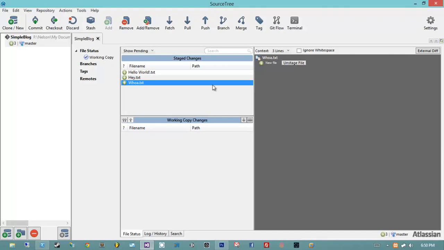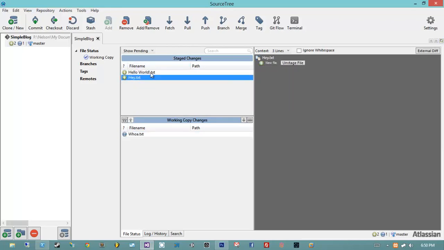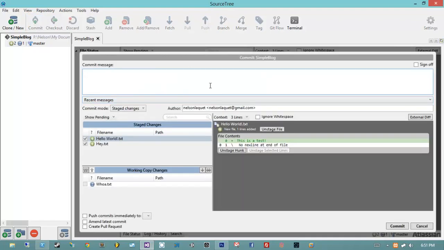Let's actually show an example of that. I'm going to unstage my woe.txt. So now my woe.txt isn't going to be included in this commit. However, the hello world and hey are. So now what I want to do is I want to commit. How do I commit? Well, there's a nice little button up here. Oh, I like buttons. Yes. Well, it's a GUI, so it's a button. I could show you how to do it in the command line, but it might freak someone out. Yeah, it would me. Okay, so I'm just going to hit this button, commit, and now I get the ability